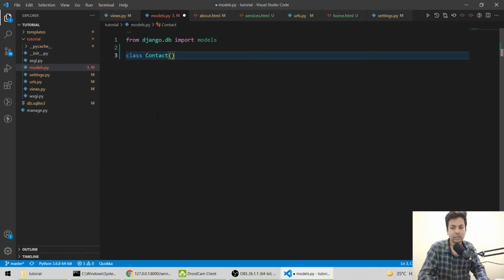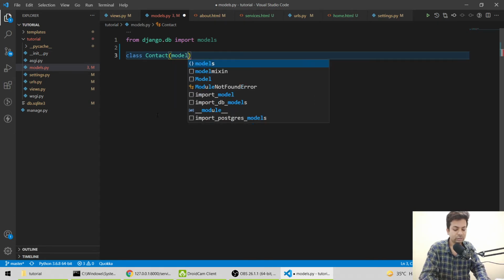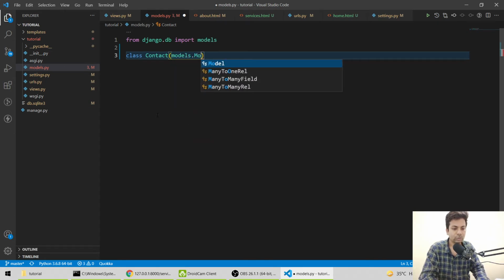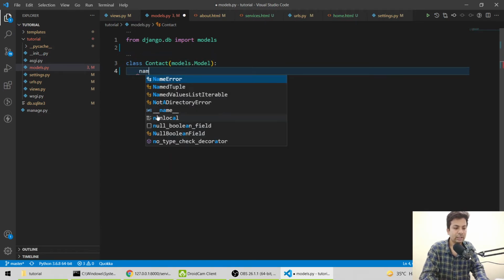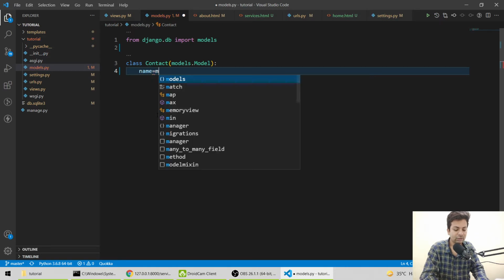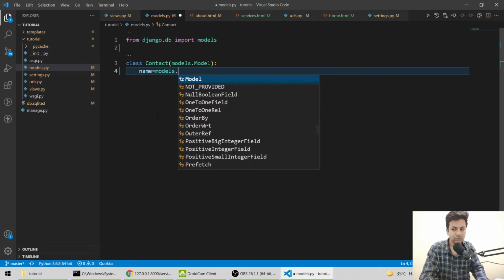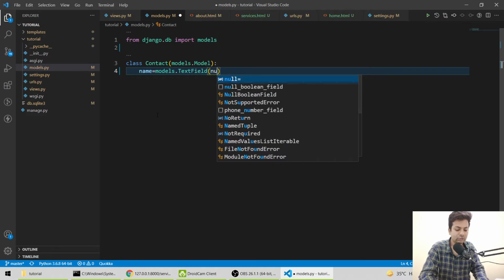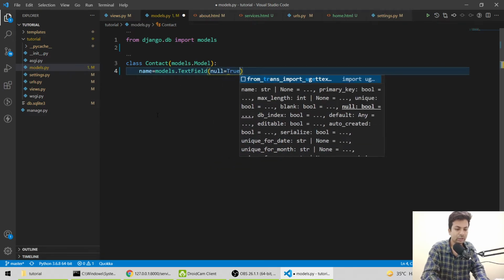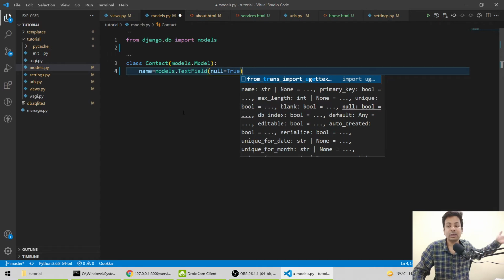Then we'll say models.Model. Then what fields do we need here? We need name, and we'll say models.TextField, null equals True. There are multiple fields in Django models.